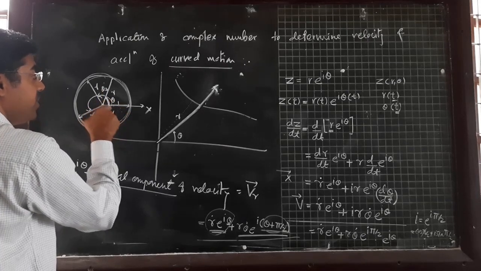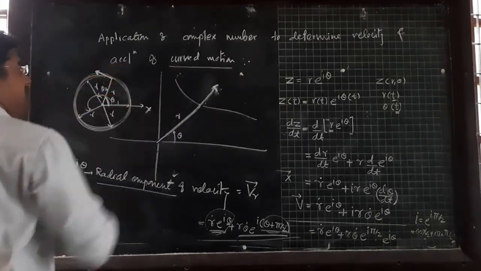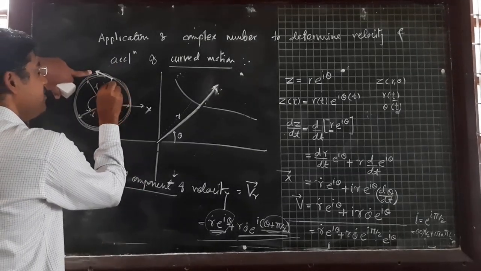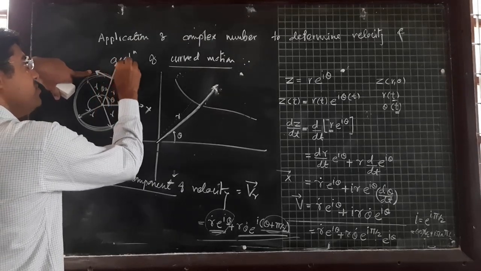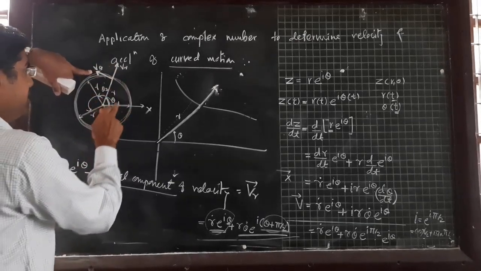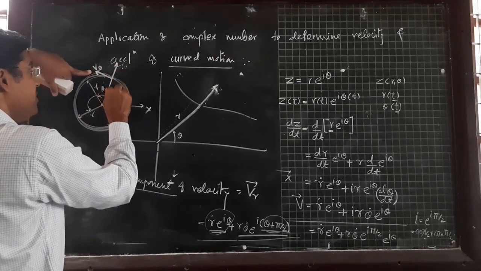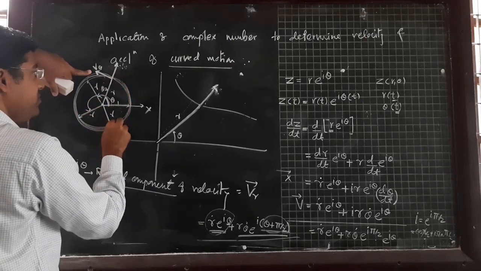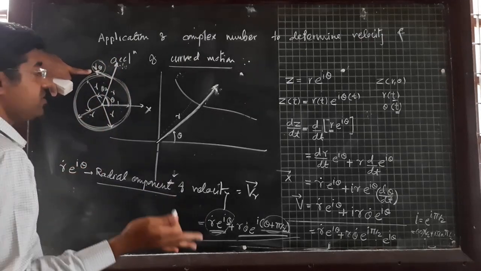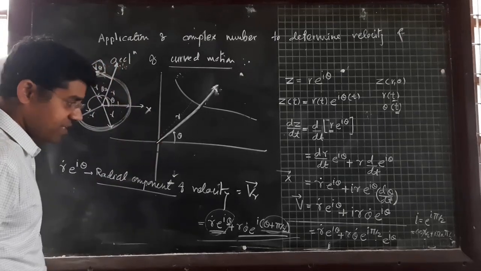Theta will be increasing, but what about the direction which is perpendicular to your r? Tangential component. Okay. So r is increasing in which direction? Here. So this is my Vr component and this is my V theta component. But if your object is moving in a circular path, at that time this component does not change, so we have written r every time. So only which component is changed? This one. So we can't say velocity is constant. Velocity is changed due to your angular component, that is nothing but your v theta.